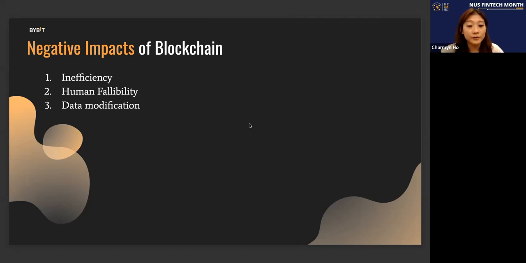Next is the issue of human fallibility, and this is twofold. First, the inability of individuals to safeguard their own assets is definitely a huge disadvantage of blockchain tech. So as seen in recent times, the ability of individuals to act as their own bank is extremely crucial when it comes to blockchain technology due to the decentralized nature. But this raises another issue, because private keys are needed to access resources or data stored in blockchain networks. And the management of these private keys is often not the most simple or straightforward task.